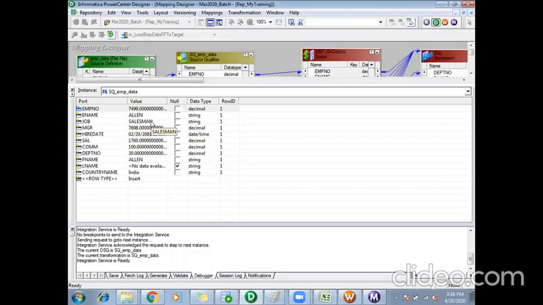So now I will press F10 to go to the next instance. So what happened? The next record came here. So what was the second record? It was with employee 7521. So that record came here. So like that, each of the records will be processed. So let me complete all the records. So which was the last record? 7934. So let me stop at that point. Okay, so this is my last record. So all the records got processed in my source qualifier.